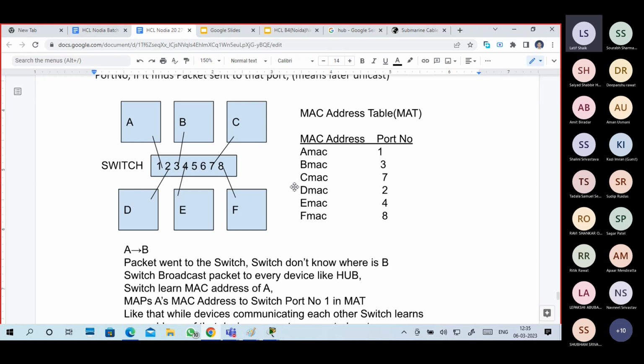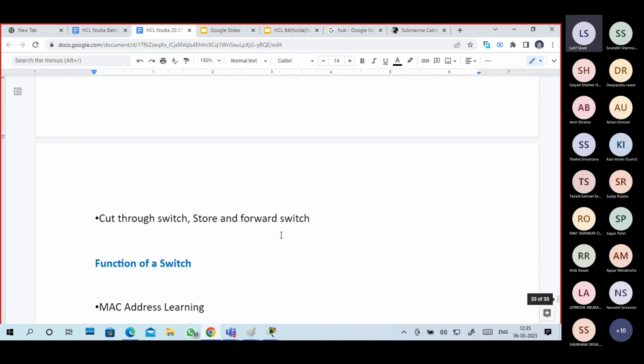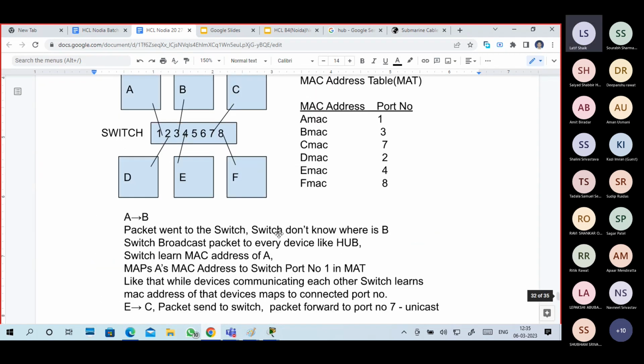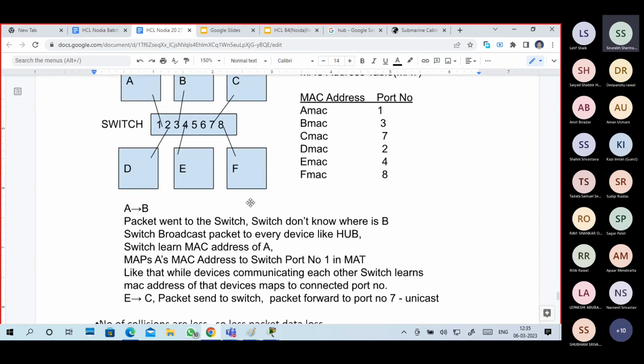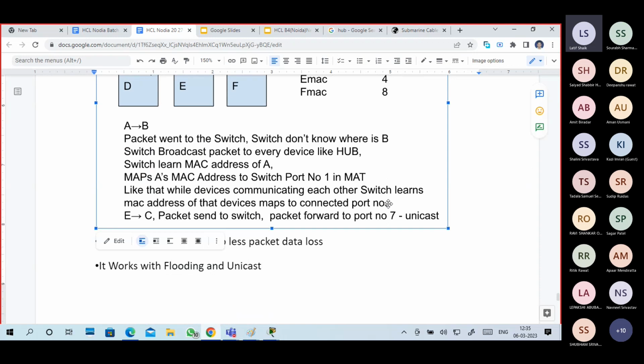That's why a switch is suitable for small as well as large or very large networks. Okay, guys, do you understand some functions of a switch? Yes, sir. Yeah, tell me.